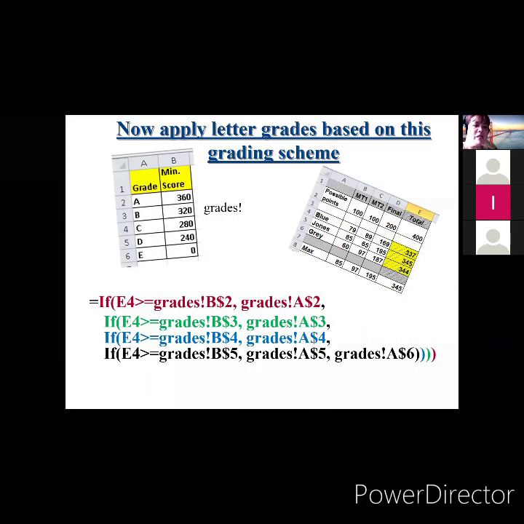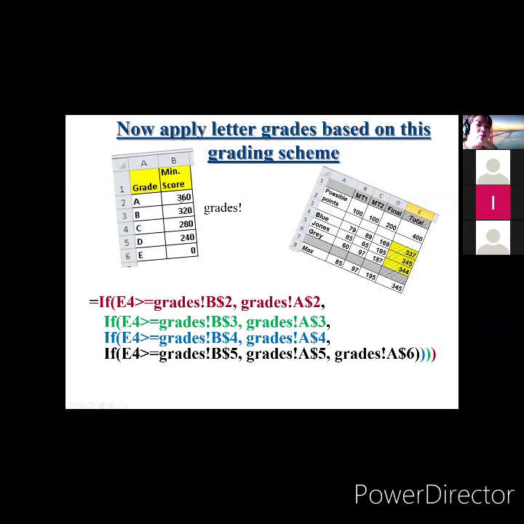At pag-activate nyo ng M4, ita-type nyo yung open parenthesis, then i-click nyo na lang yung E4. Yan, click. And then, greater than, ta-type nyo yung greater than or equal. And then, punta kayo sa sheet number 2. Hindi nyo na kailangang i-type itong grades, exclamation, B$2. Hindi na kailangan. Ang gagawin nyo lang is to click sheet 2 and then i-click nyo yung